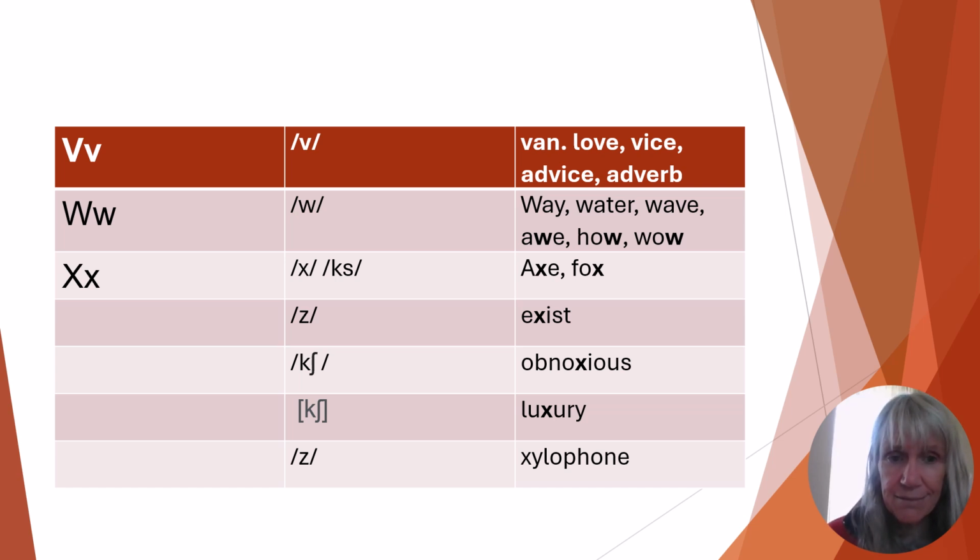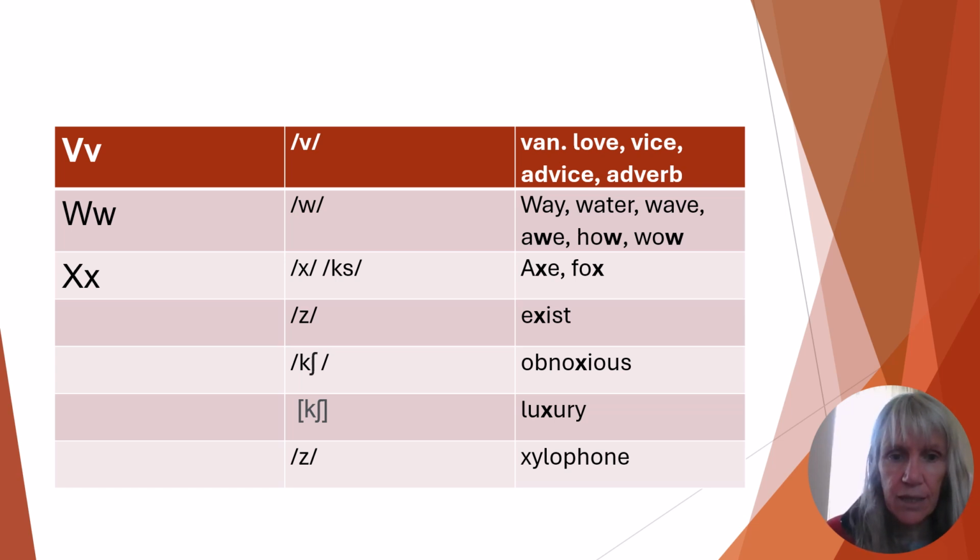And X, my goodness, that can make an awful lot of sounds. That makes 5 sounds. It can make X as in axe, or fox, or box. It can make this exist. It can make obnoxious. It can make that sh sound, because it's almost like a K and an S together,